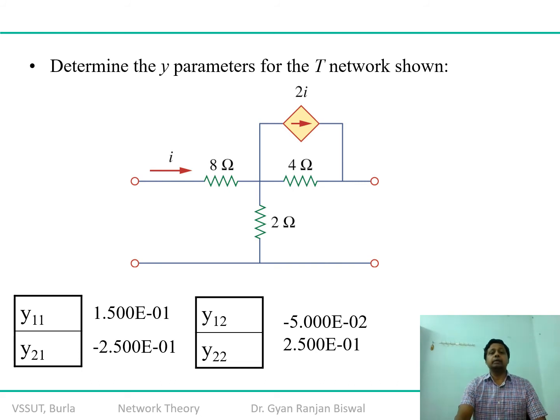Determine the Y parameter for this T network where a dependent current source is additionally connected over here. You see that this source is dependent on this incoming current I. Okay, so try to practice it at a later stage, or you can take 2 minutes of time, and then we will move ahead. I hope that you get the answer. If you find any difficulty, obviously we can clarify in the doubt clearance session in the next lecture.